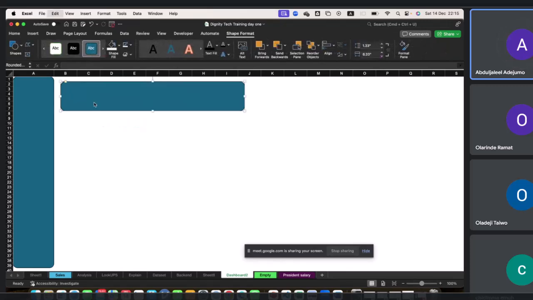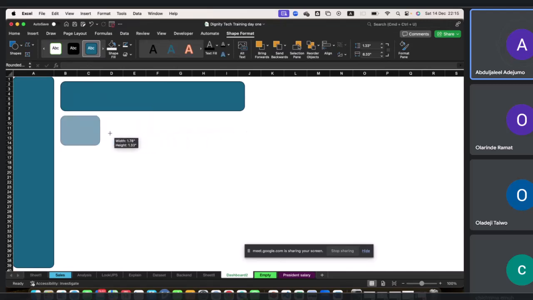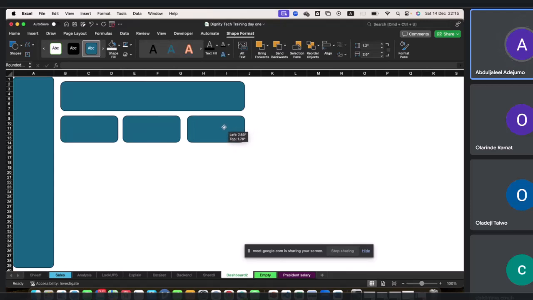And also, I know we want to put our KPIs here. I want to put our KPIs here. Now, our KPIs, which is three: the age, the total number, and the average net worth. And also, I want to put our